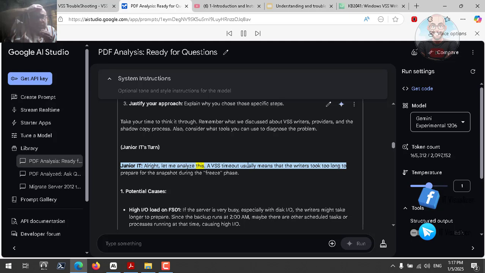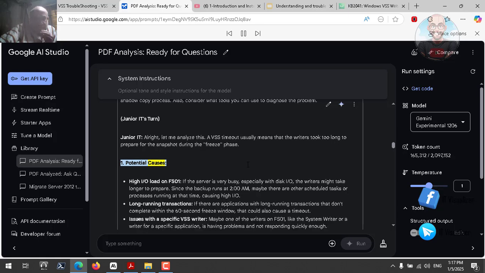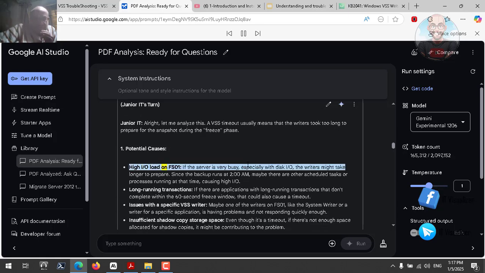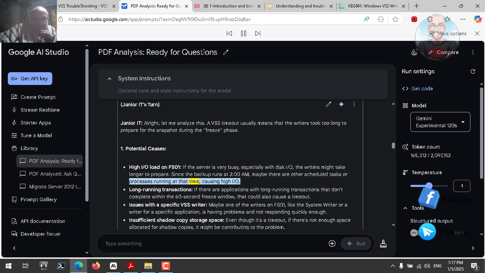All right, let me analyze this. A VSS timeout usually means that the writers took too long to prepare for the snapshot during the freeze phase. 1. Potential causes. High I/O load on FS01. If the server is very busy, especially with disk I/O, the writers might take longer to prepare. Since the backup runs at 2 a.m., maybe there are other scheduled tasks or processes running at that time, causing